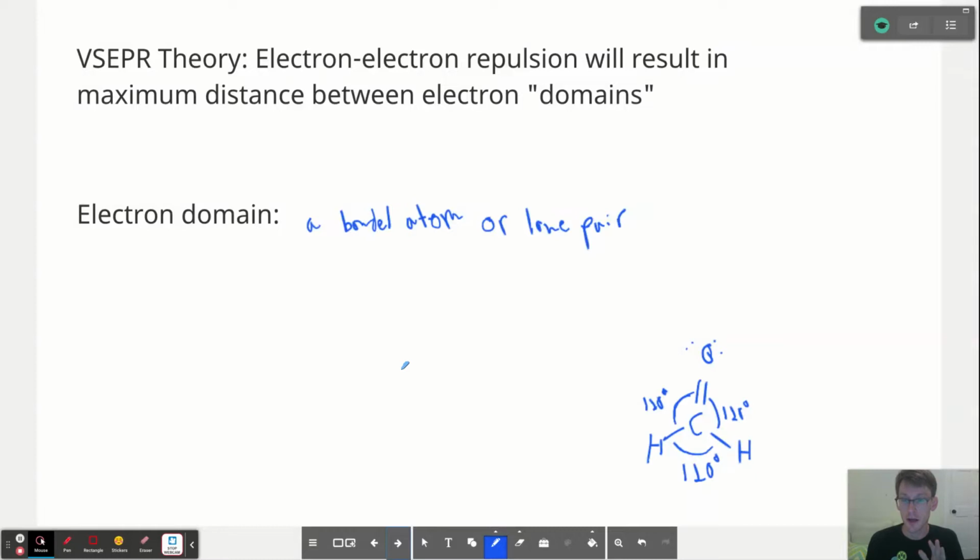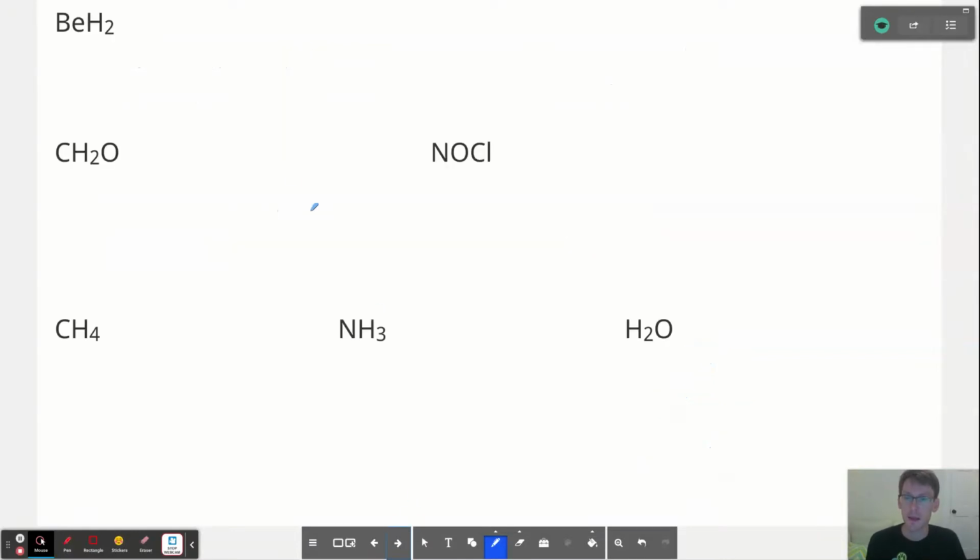Now, valence shell electron pair repulsion can get a little bit more complicated. What is nice about this molecule is that it is flat with respect to the carbon, and so it does make it a little easier to see because it's two-dimensional. But we'll get into the complexities more in a little bit. So if we look at BeH2,